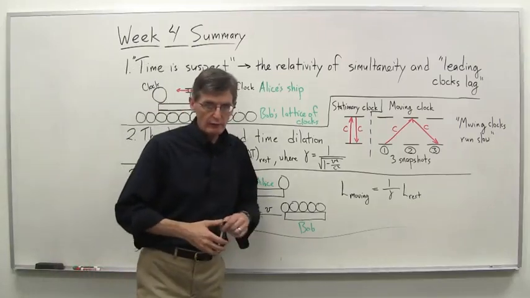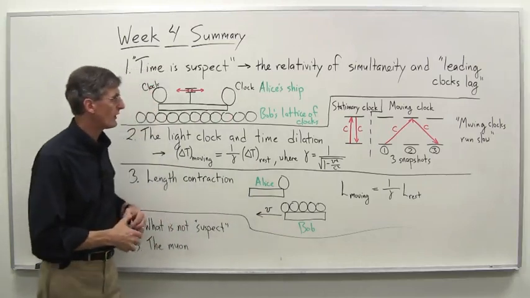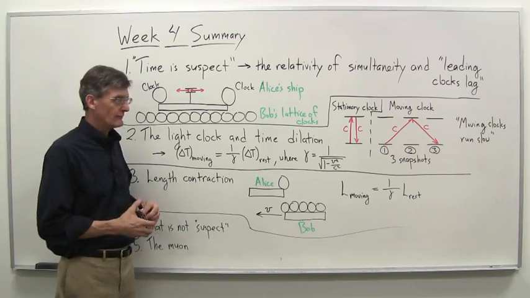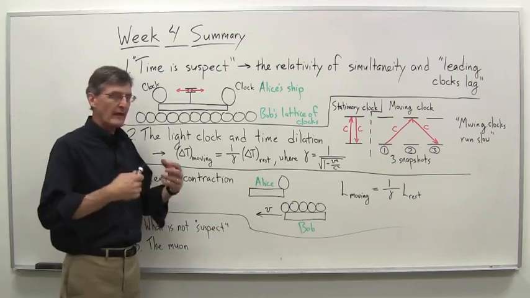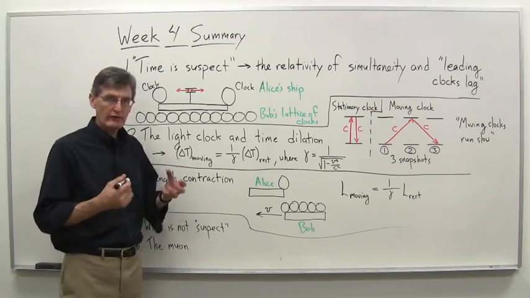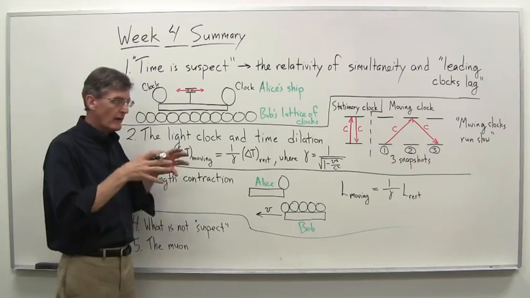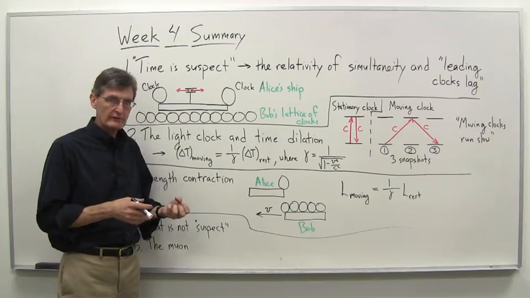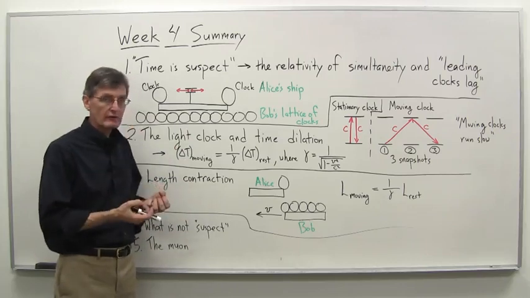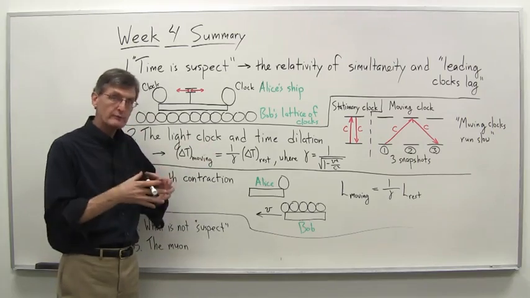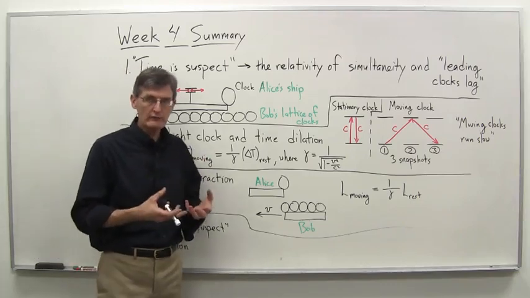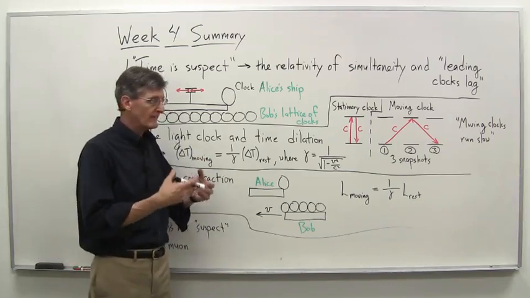Let's summarize now the key topics and points from week 4. And of course, this is the week where the weirdness really begins. Remind ourselves that it all comes from Einstein's two postulates: that he took the principle of relativity to be true, and the principle of light constancy to be true. When you put them together, the conclusion is that the speed of light is constant for all observers,